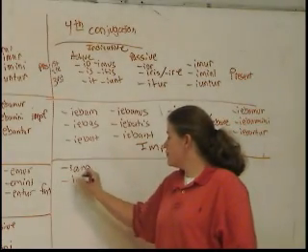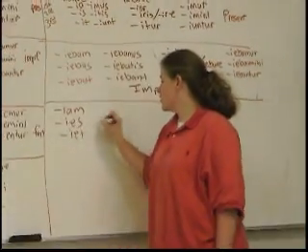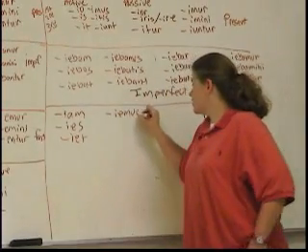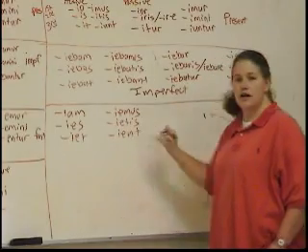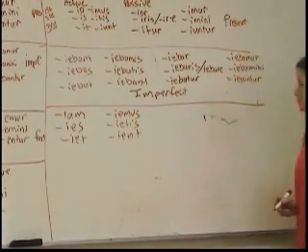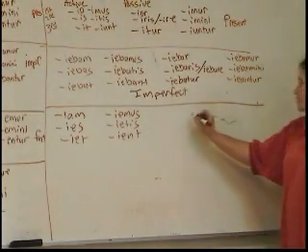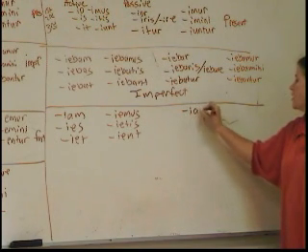Future: iam, ies, iet, iemus, ietis, and ient. And then in the passive: iar,